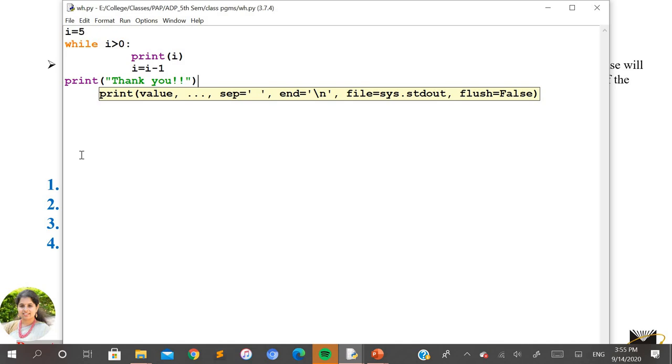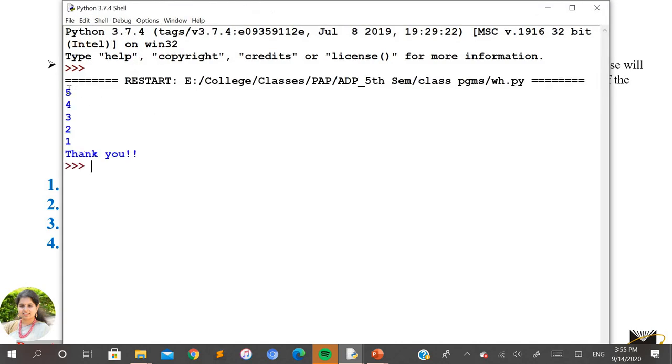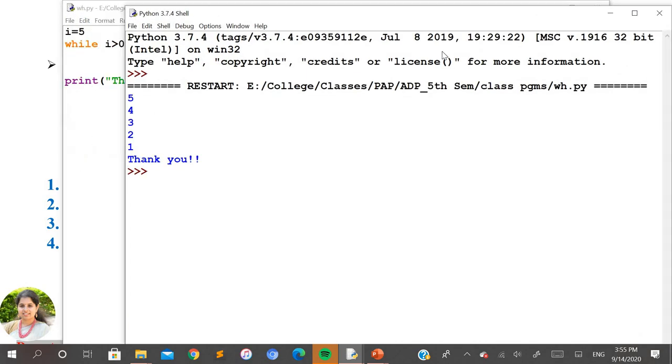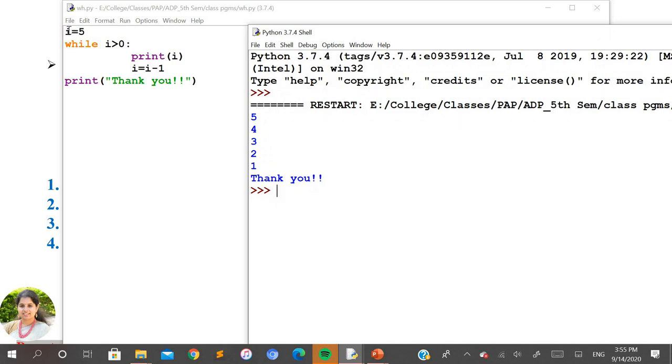I'll just run this and let me see how it behaves. You can see it is printing the values. What has been written in this program is that the i value has been initialized and a while loop has been used, to tell that these two statements need to be repeatedly executed. The question is for how many times these two statements have to be executed. This is the condition which tells that: until and unless i is greater than 0.